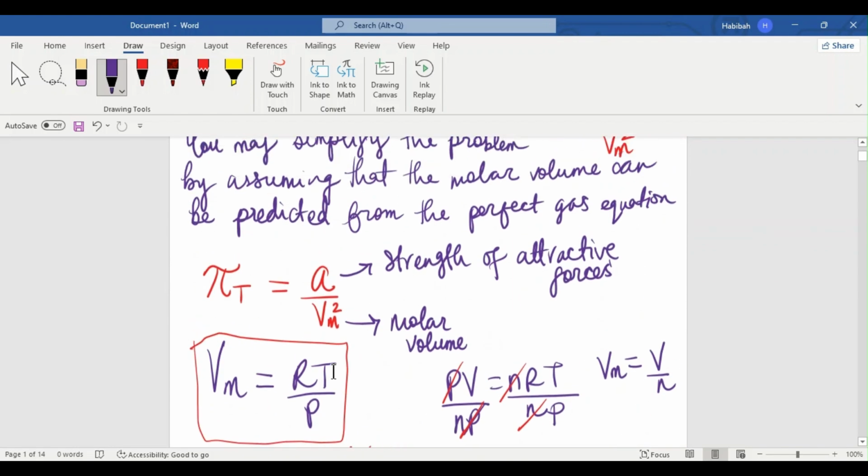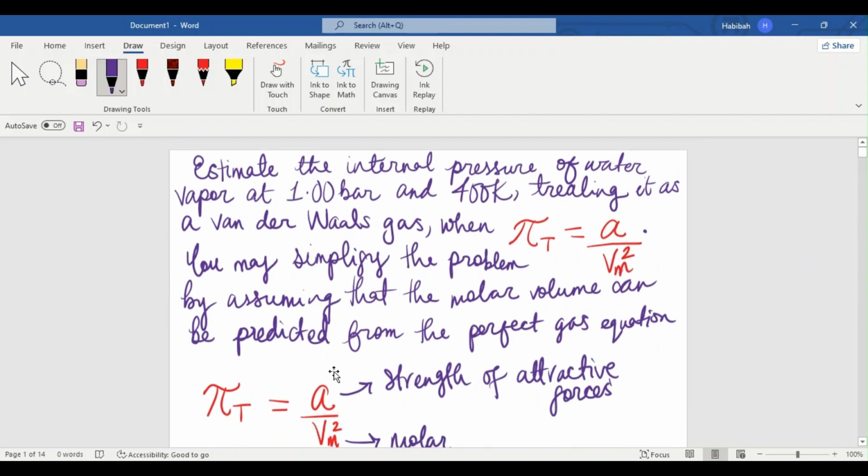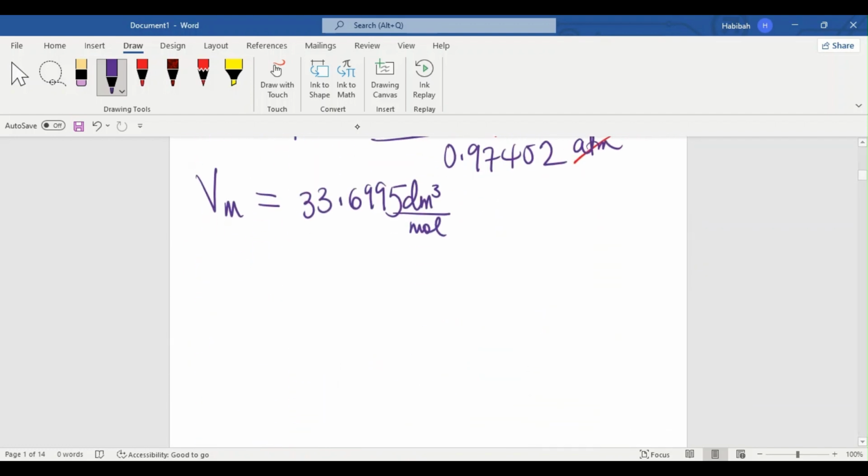Now let's go back to the question. We've been given the formula that we're supposed to use in order for us to determine internal pressure. So we're just going to rewrite that here. We have internal pressure equals A divided by Vm squared. So internal pressure would look like this. A is just simply